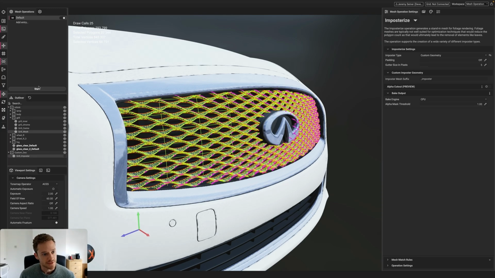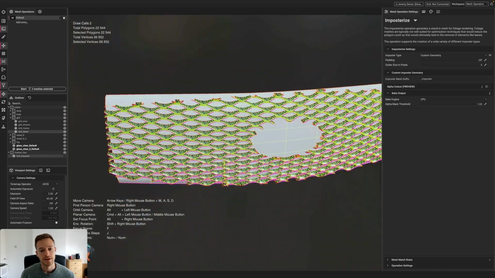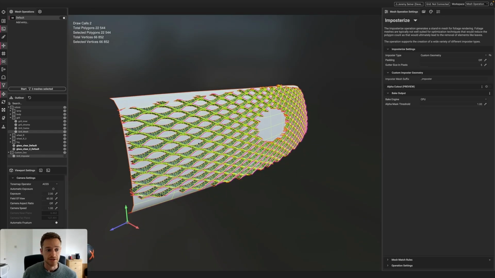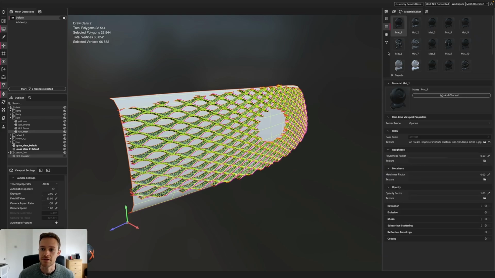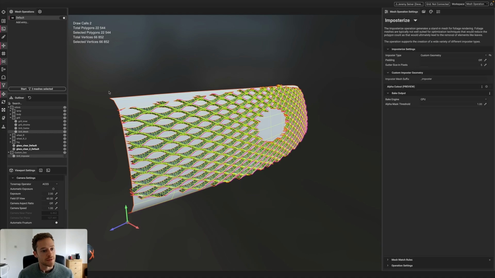What I can do is use this filter here on the left. And so this filter not only visually filters the objects that we have selected in the viewport, but it also tells InstaLOD to only apply this mesh operation to these selected objects. And just to compare here, we have a filter on the left that's for the viewport, but we also have a filter in the material editor that filters out what materials are assigned to the selected objects. So there's two separate filters there. But I'm going to go ahead and use the filter here on the left and go ahead and hit start